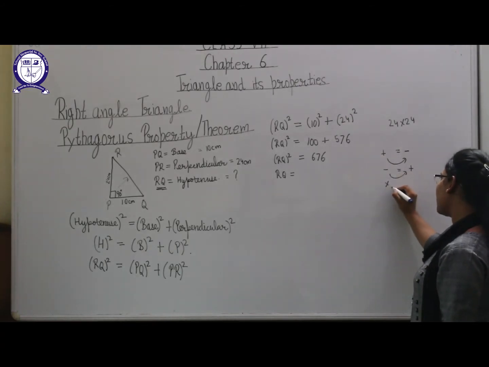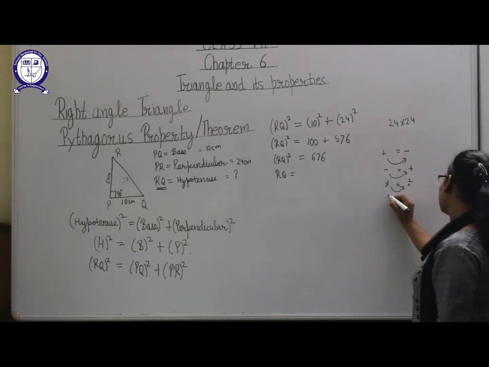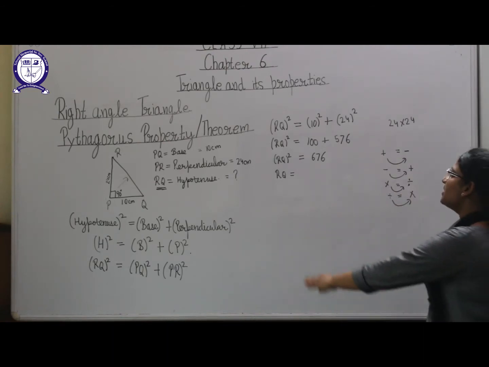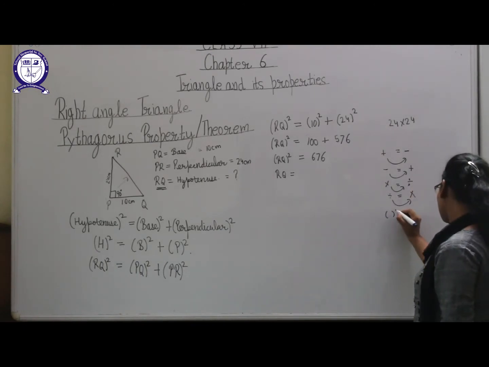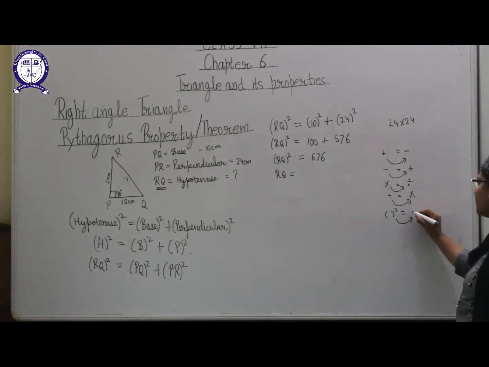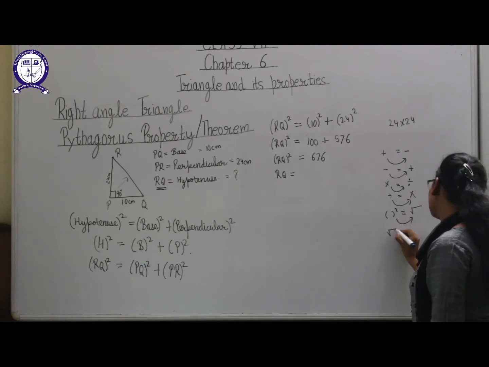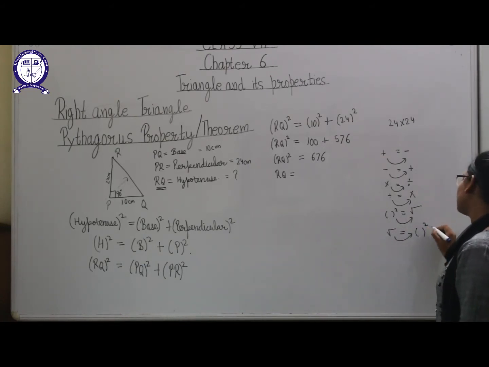If it is multiply on one side, then on the other side of the equal to sign it will be divide, and if it is divide, then it will be multiplied on the other side. Same in the case of square and square roots. If there is a square on one side, then when it goes to the other side, it will be a square root. And if it is a square root on one side, then on the other side of the equal to sign, it will become a square.